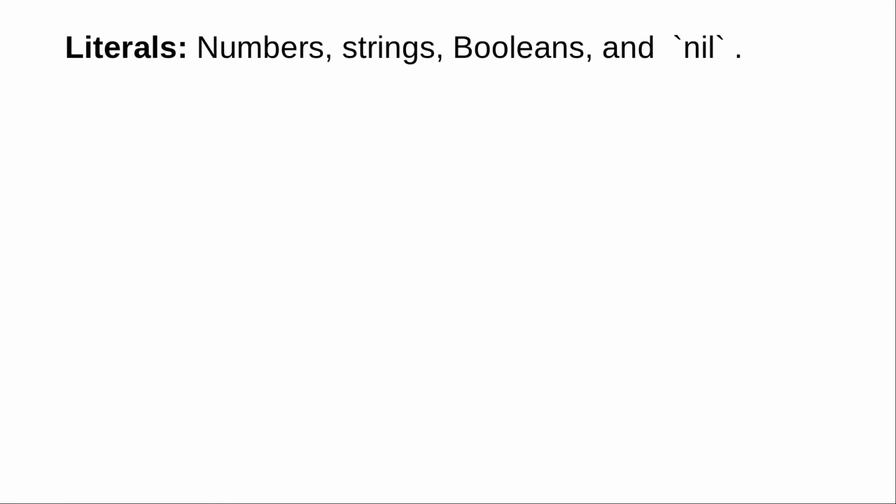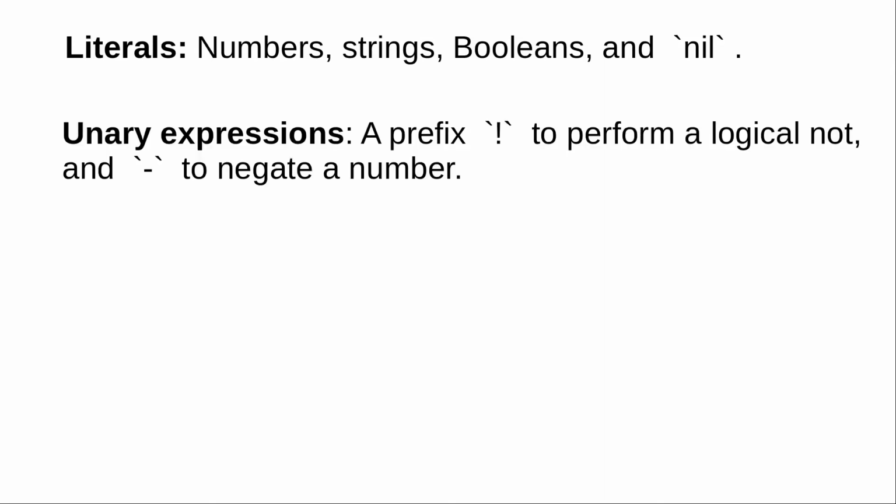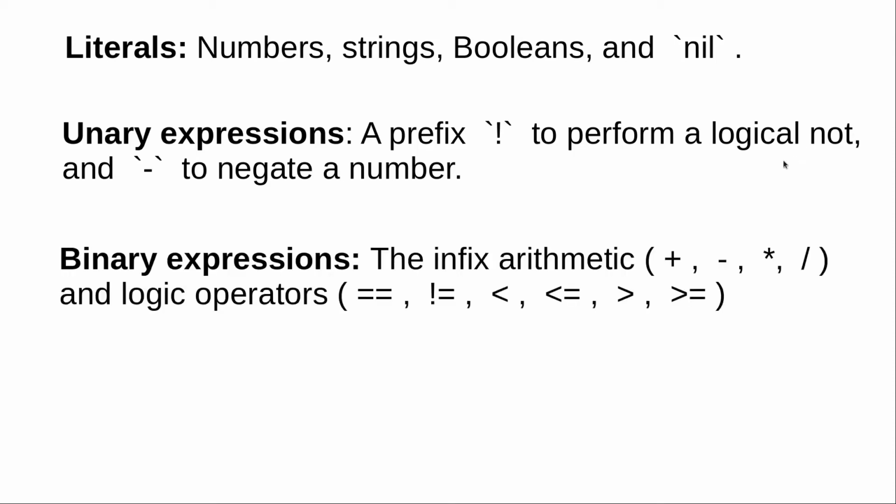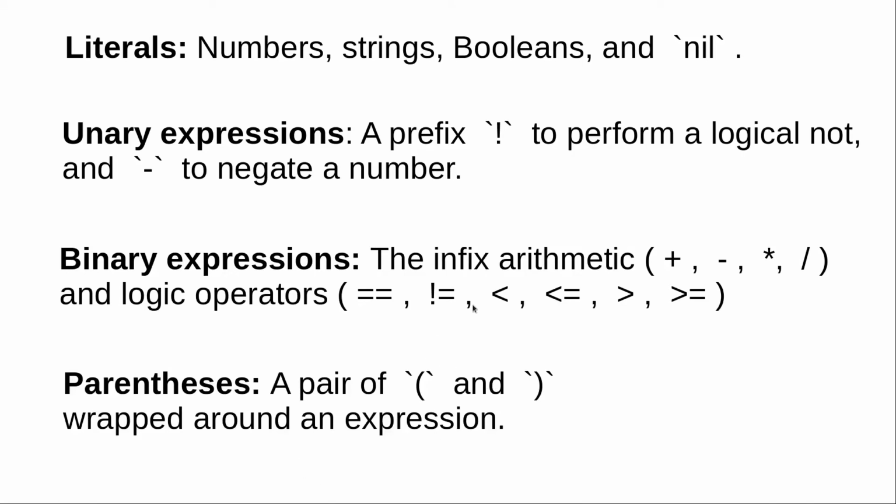Now, what sort of grammar do we need? Well, one rule is that we have to take into account our literals, things like numbers, strings, booleans, and nil. And then we have things called unary expressions. So what we saw earlier, for example, the minus sign to negate a number, and this prefix to say logical not. We have binary expressions like plus, minus, multiply, divide, and logical operators. We also have parentheses, like we saw earlier, grouping that number, something that's wrapped around an expression. And with just these 4 types of rules,